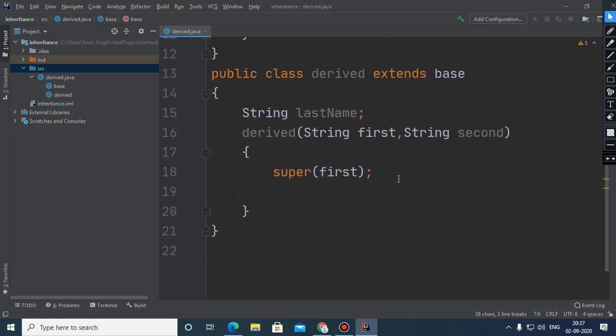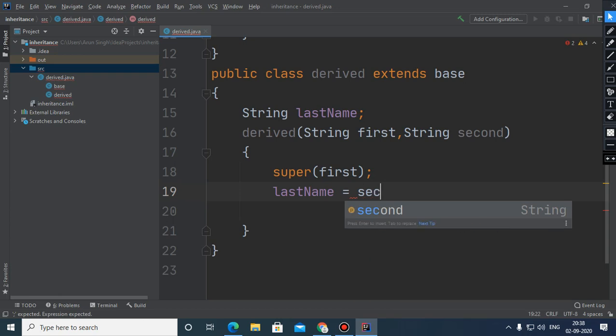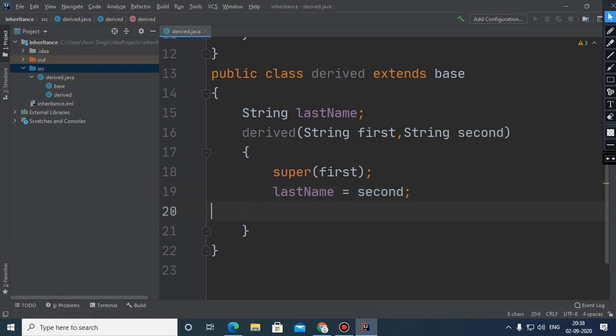One more thing: it must be the very first statement in the constructor of the derived class. After that, last name is equal to second. So this is how we have invoked the constructor of the base class, and at the same time I have initialized the instance variable of the derived class also.